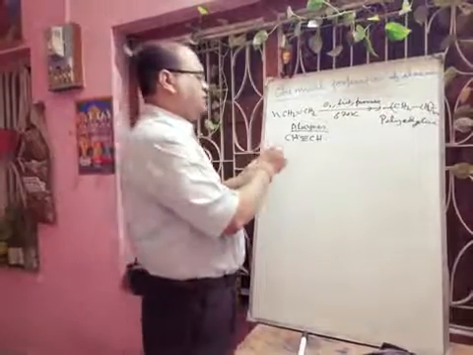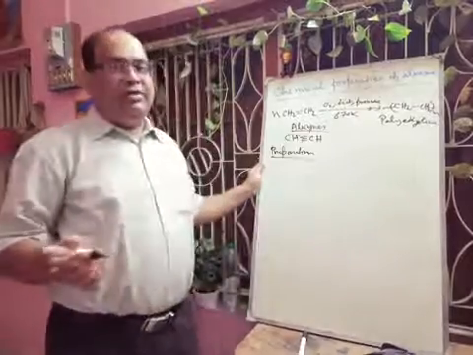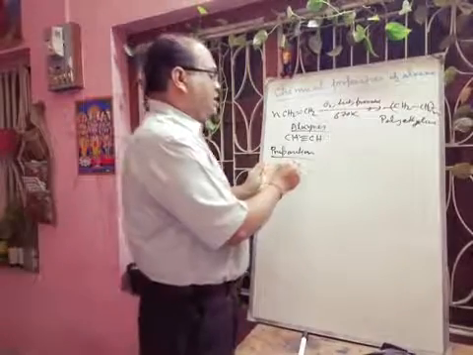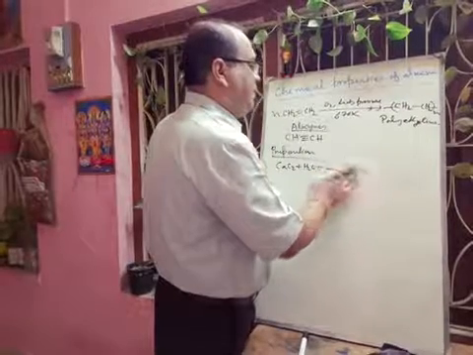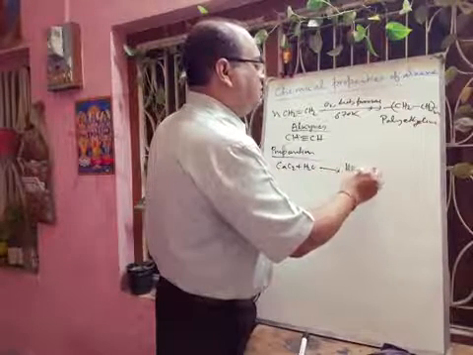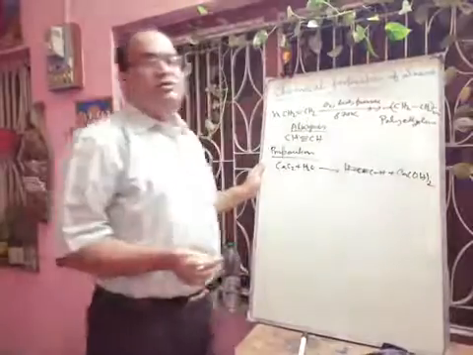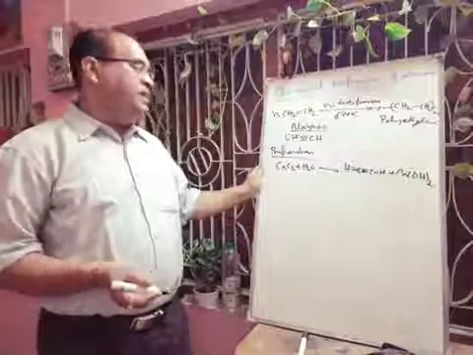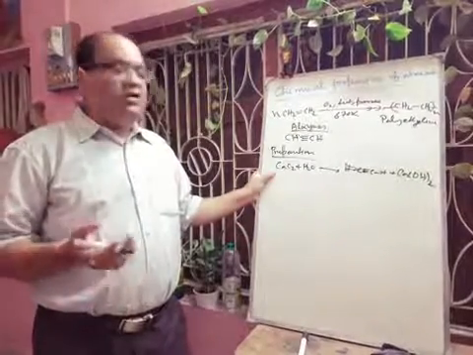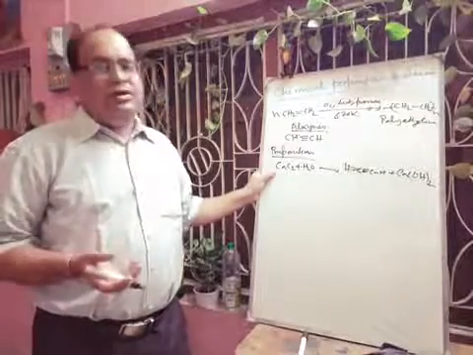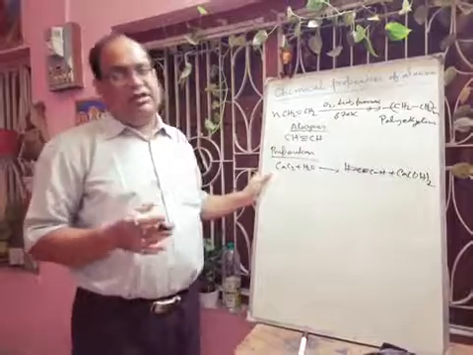Next we will discuss the preparation. Preparation already you know from class 10 that we have to take calcium carbide. Calcium carbide when it reacts with water, then it will form this acetylene, HC triple bond CH, plus there will be formation of calcium hydroxide. So in this way we can prepare acetylene. And how to prepare this calcium carbide? If you take calcium oxide and coke and apply heat around 2300 Kelvin, then there will be formation of calcium carbide with carbon monoxide.